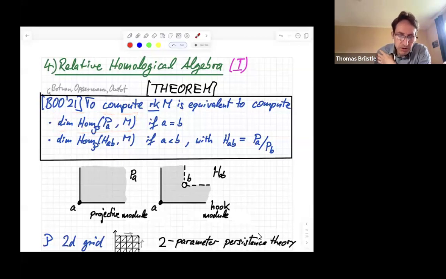And those non-projective modules, Botnan, Oppermann, Udo found out are the modules which they call the hook modules, HAB. So whenever we have a pair of indices A smaller than B, we define the hook module HAB as the quotient of PA by PB, the indecomposable projective associated to A divided by the one at B. So if I